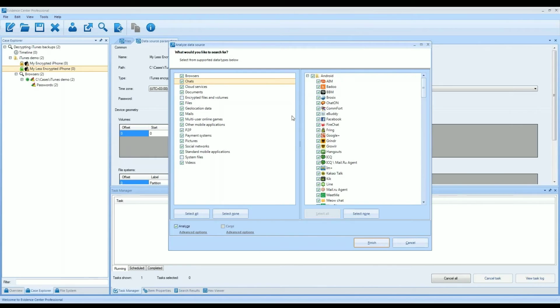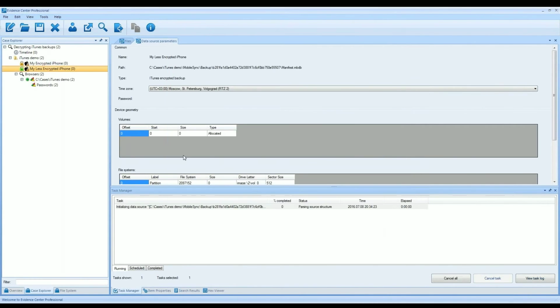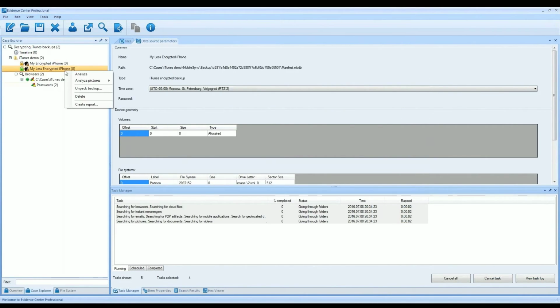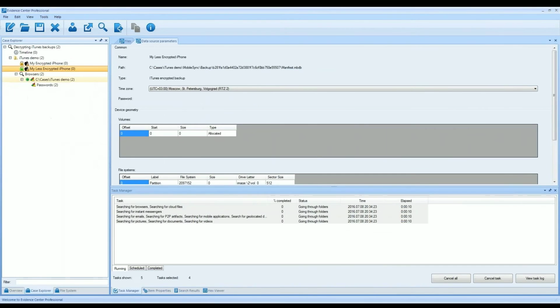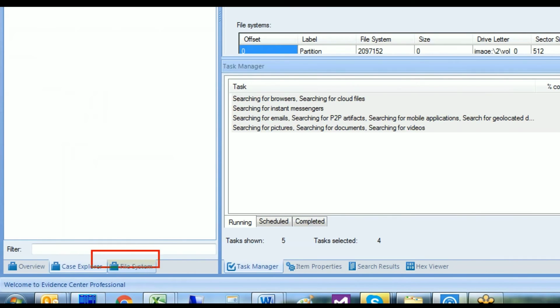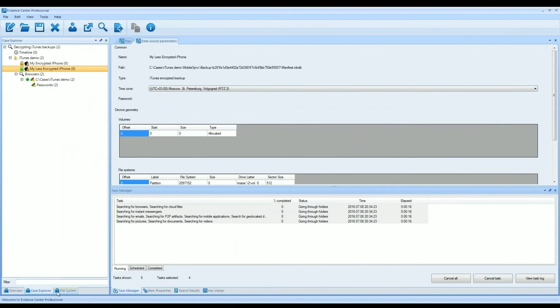Apart from that, you can unpack the backup to your local machine, or you can go to the File System tab and browse the contents of a backup.